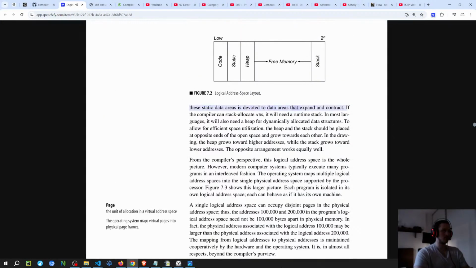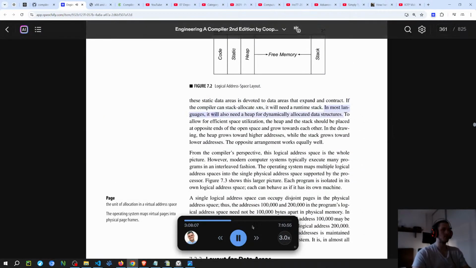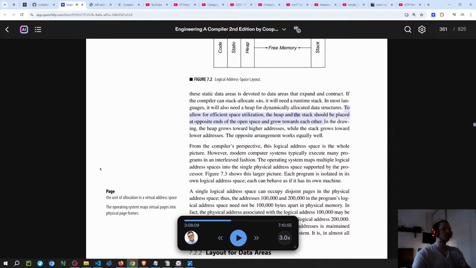The region above the static data areas is devoted to data areas that expand and contract. If the compiler can stack allocate ARs, it will need a runtime stack. In most languages, it will also need a heap for dynamically allocated data structures. To allow for efficient space utilization, the heap and the stack